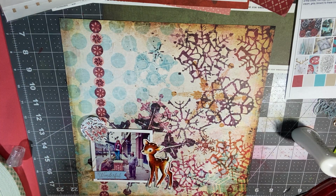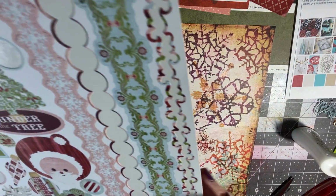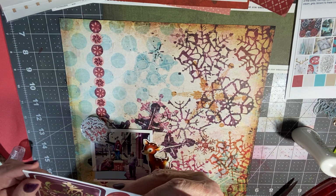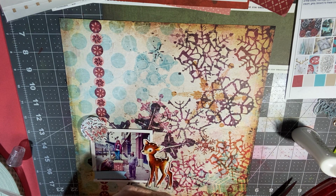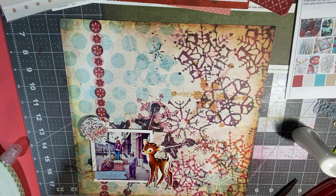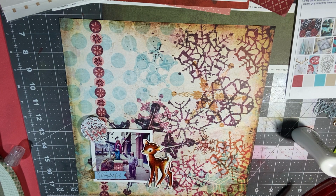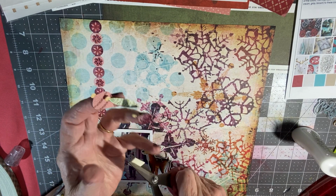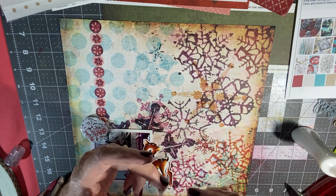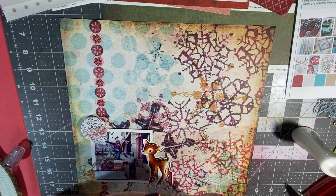Now let's see what else we can use on here. I like the fact that we have all these ornaments. Let's do 3 ornaments in different shapes, and we'll kind of place them on top of, okay, and I need to cut the foam pieces in the right shape and size. This one would be nice on here. And where shall we put this one? I know I want them on this